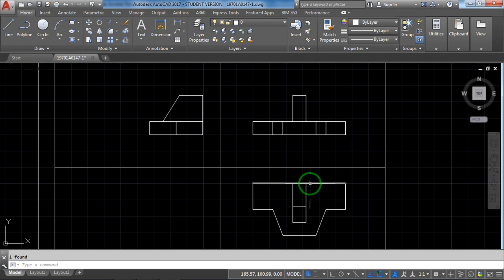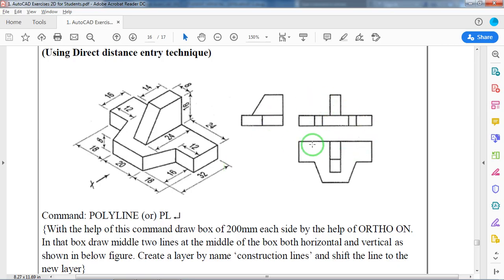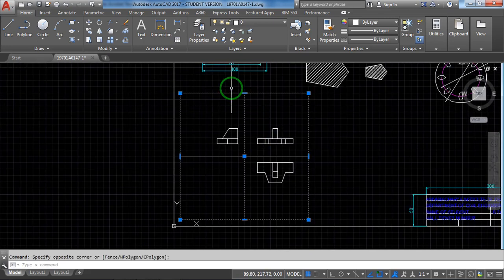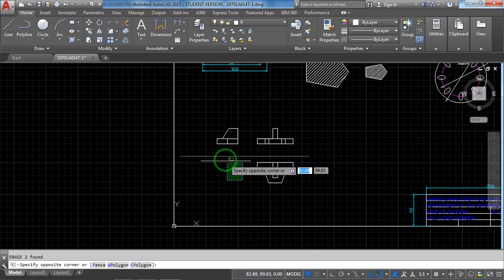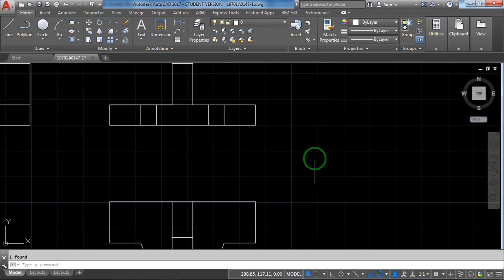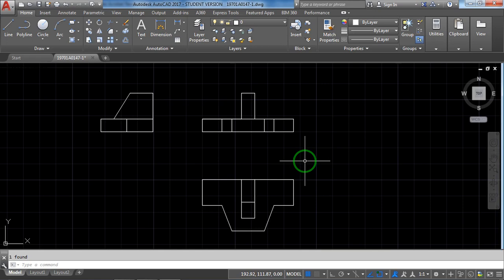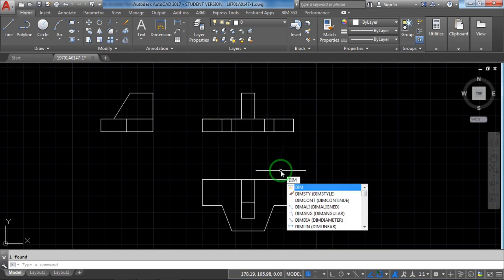See this, we have drawn the front view, top view, side view completely, right? There is no need of this box, frankly, so I am erasing that too. Finally our look is the same as this, right? That is the conversion of isometric views to orthographic views. Here dimension is also important. You can do exterior dimensions simply with the help of dimension commands.